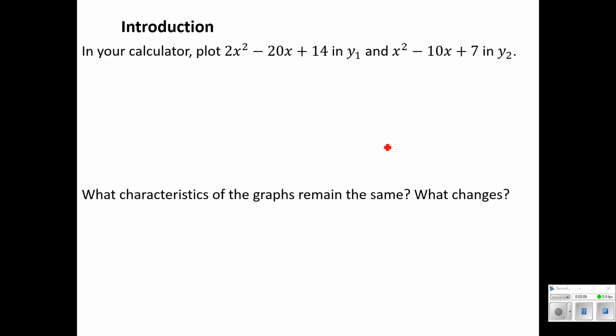All right, so what remains the same? The axis of symmetry stayed the same, and the x-intercepts stayed the same. What was different? The y-intercepts were different, and the vertex was different for each of those two graphs. But again, we've been spending a lot of time on solving quadratic equations, so the fact that the x-intercepts remain the same, that's going to be a big component to our work today.